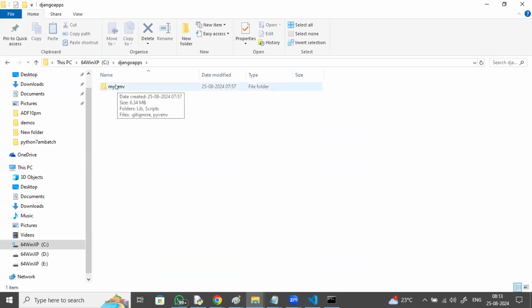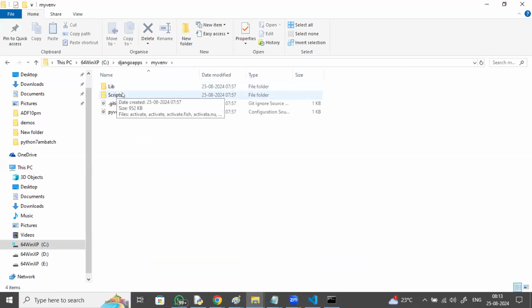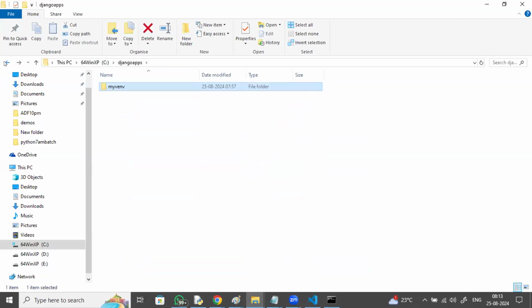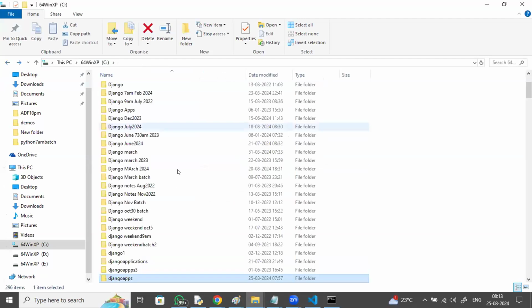Within that, can you see whether the Scripts folder is available or not? Yes, sir. So automatically the Scripts folder of Python you will get here, right? People for whom you didn't get it, if you're facing a problem there,